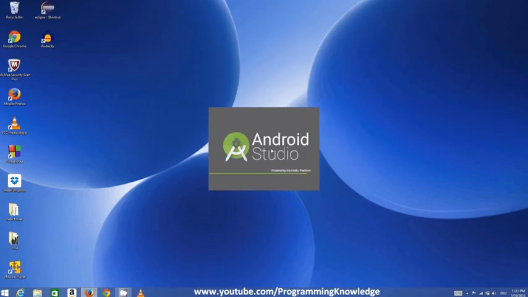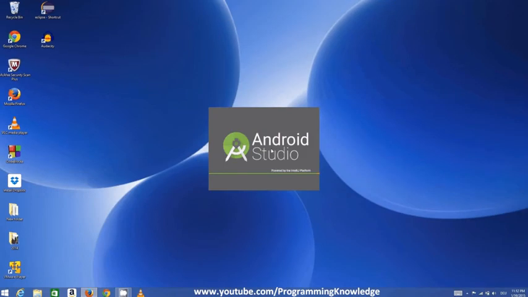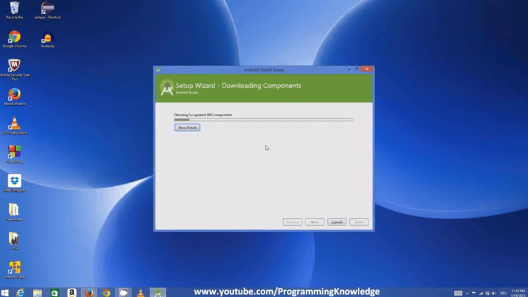Android Studio is an IntelliJ based IDE. IntelliJ is a very famous company for developing IDEs. They have very good IDEs for developing Java, Python, C++, and many other applications. So Android Studio is developed by IntelliJ, and right now